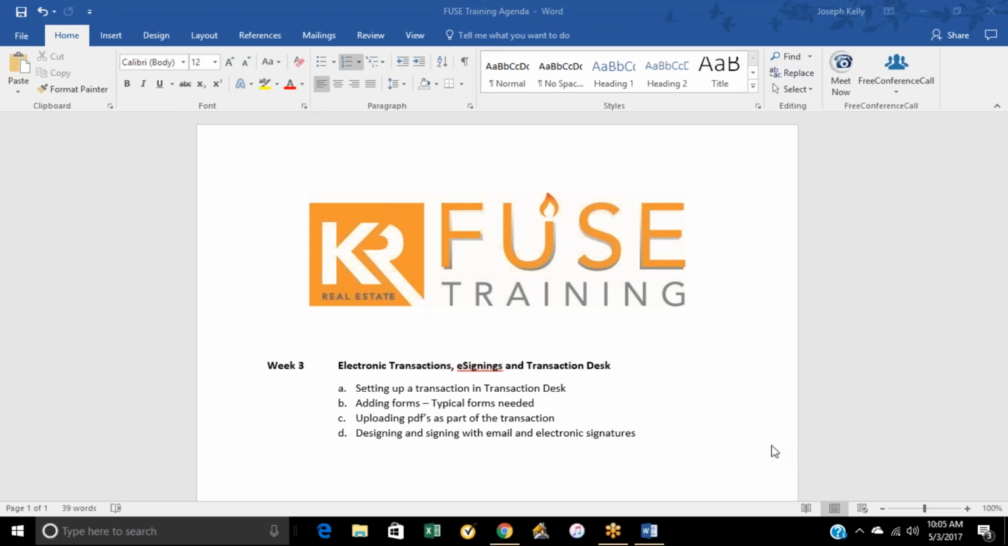We are going to be talking about electronic transactions and transaction desk and e-signatures and all that new stuff that is coming down the pike. It's a little confusing at first, but once you get the hang of it, I really like it. It's a good way to keep your documents in one place, make sure they're all there. It's really easy to pull them up at any time. The hard part is just getting it set up and then figuring out where all the